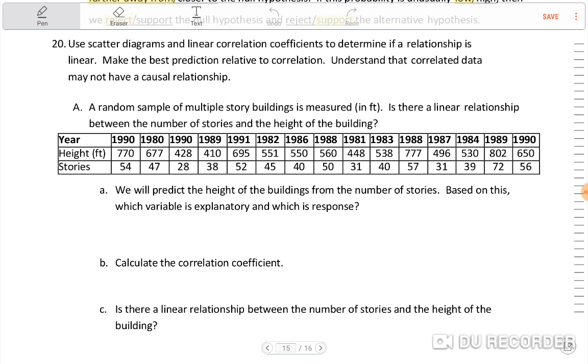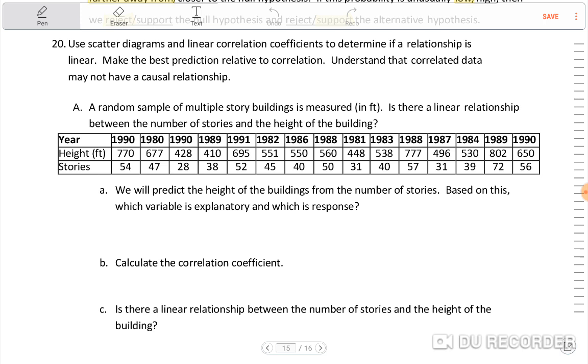So, okay. A random sample of multiple story buildings is measured in feet. Is there a linear relationship between the number of stories and the height of the building? Okay, so it looks like across the top there we've got our years. Then our middle row here is talking about the height of the building, and then the number of stories is